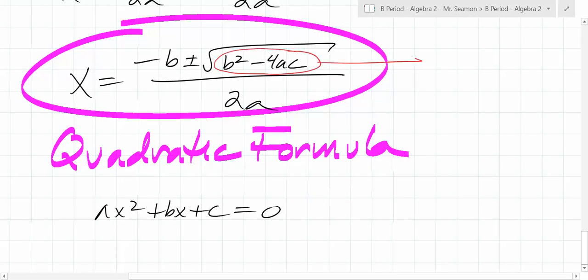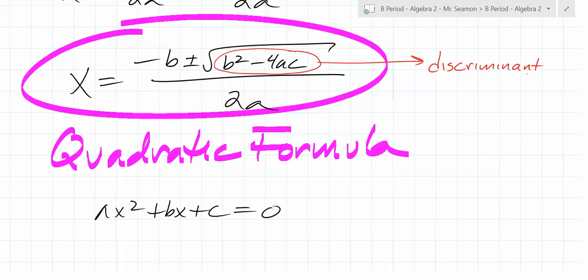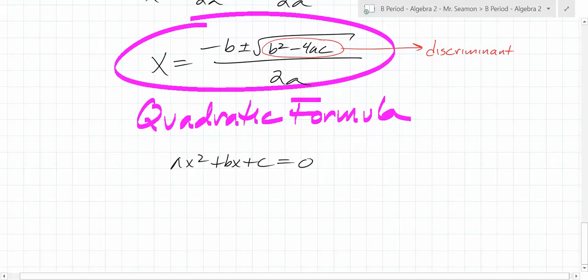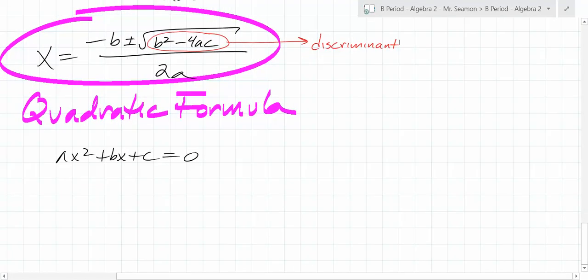Now, there's a special name for this thing right here. Anybody know what that thing is called? It begins with a d. Discriminant. Has anybody seen that before? Yes. That piece is really important because it dictates some of the possible answers. So let's just try using it and see if you can figure out why that discriminant's important, but let's more just use it. So let's say I gave you 2x squared plus 6x minus